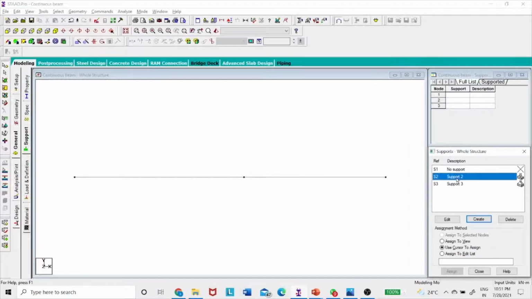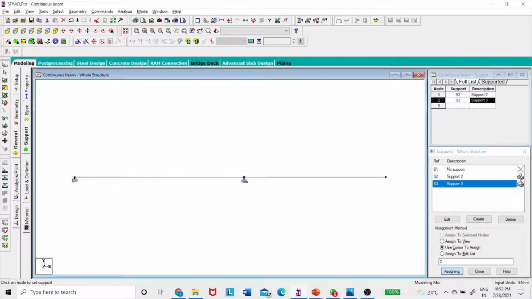First, support 2, you can see the symbol, this is the fixed symbol, and support 3 is the simply supported symbol. Now I have to assign this. Click on assign, and the fixed one is the first one, and this one, S3, the simply supported, I'm assigning to the B support and C support.